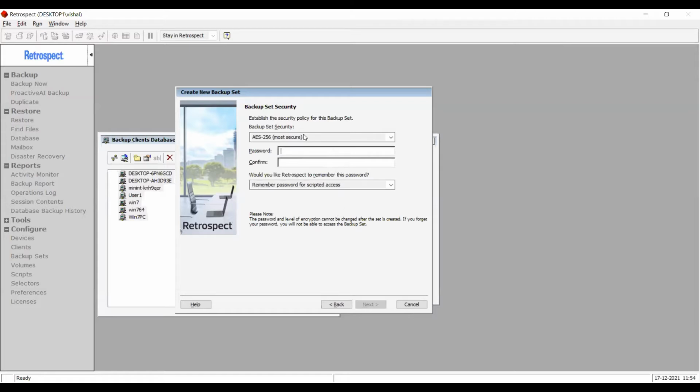The other thing to remember about encryption is this password is not recoverable. So you would want to be backing up that password somewhere. If you lose that password, we don't have any backdoor to recover that password for you, and that data will be permanently locked. And if the encryption is 256-bit, it is pretty difficult and in fact impossible to break that encryption.